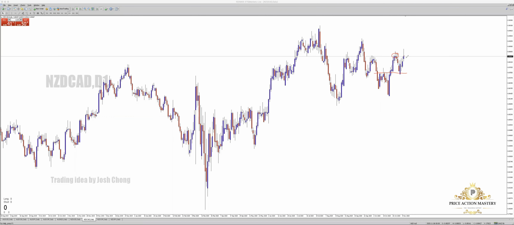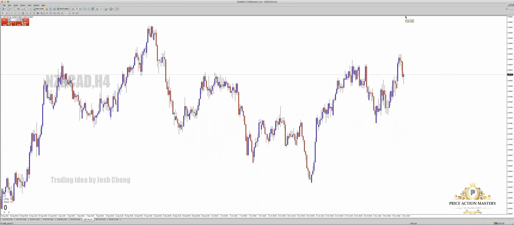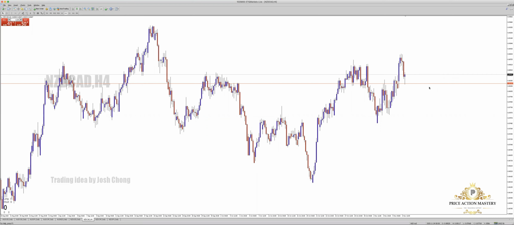I've been seeing that the market will at least retreat to this level. We can see upside exposure. This is for NZD/CAD. So maybe it's going to drop first and then go up. Then we look into a smaller time frame, which is H4. In H4 we can see a clearer key line, which is here. So for those who want to buy this trade, you may wait over here to have a buy trade.